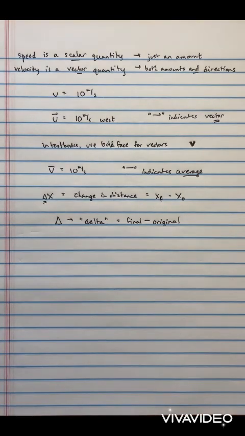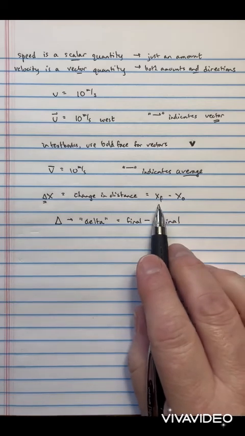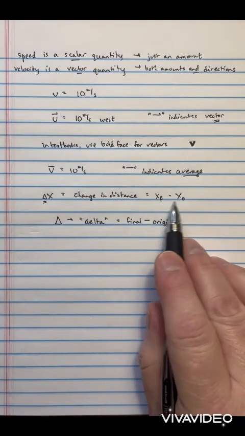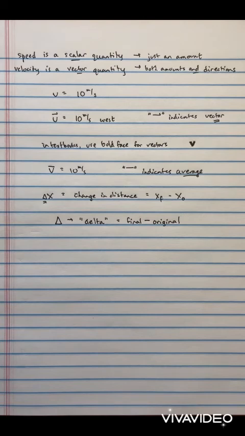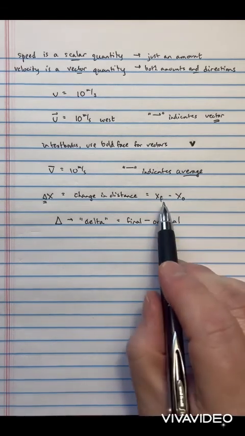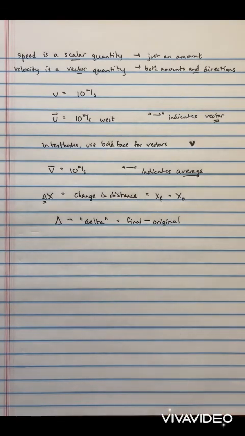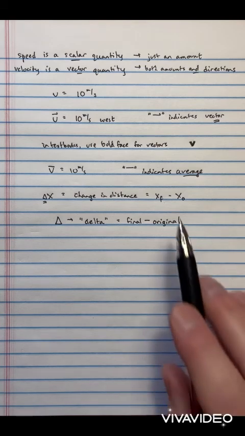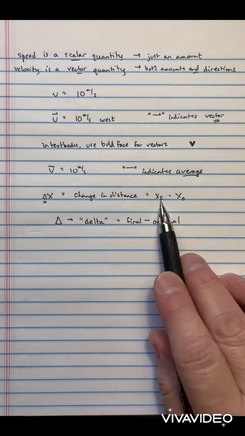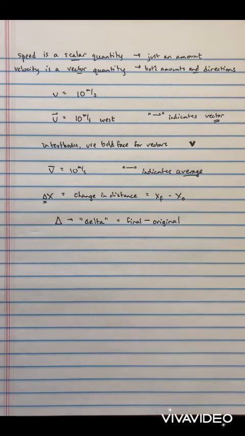This, by the way, gives us to our very last comment. Notice I introduced subscripts right here and here. What are subscripts all about? Subscripts are used to identify a specific item, a specific value of a quantity within the more general idea. And so, for example, this is the final position. This is the original position, like that. So they're both positions. X always represents a position or a distance that you're at, right? But if I put a subscript on it, then I can distinguish between two or more different versions of